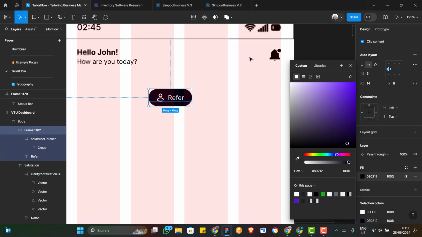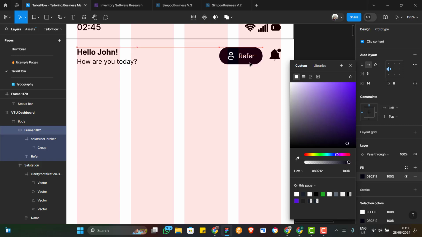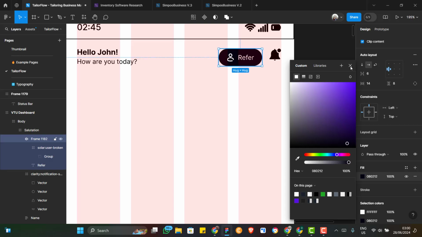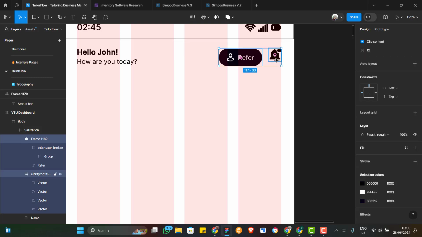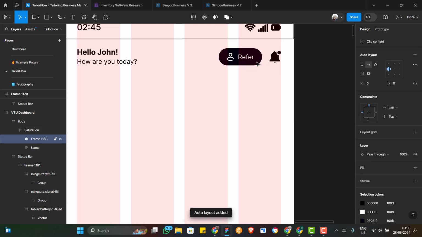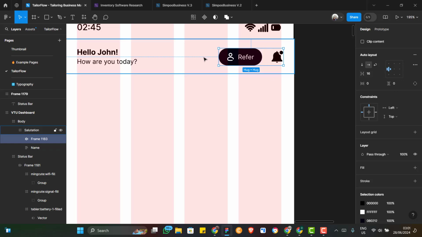Alright, so remove it inside. Then I'll select these two. Now add them to auto layouts. Make sure it's in center. Then the distance between them is going to be 16. Then make sure to position it the right way. Alright, now I'm done with